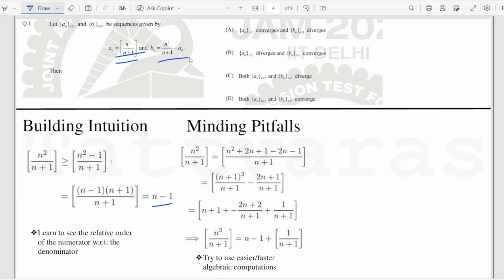Now the other one seems like it would converge, but it's slightly tricky because it's the difference of a fraction minus the greatest integer part of it. The pitfall you can get into is that you would obviously want to simplify this thing and get something easier to deal with, and you may start by trying to complete the whole square. But you could also take the root of just n